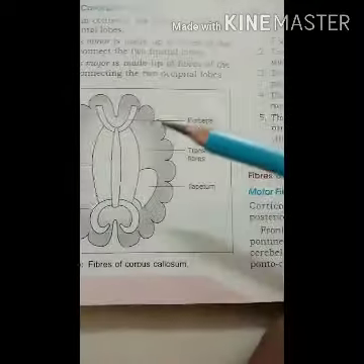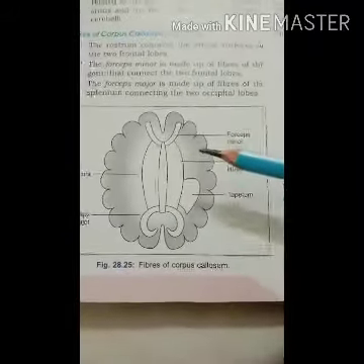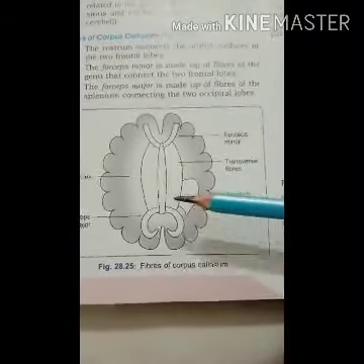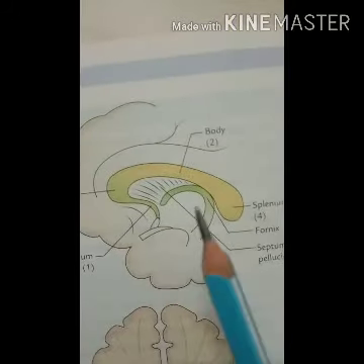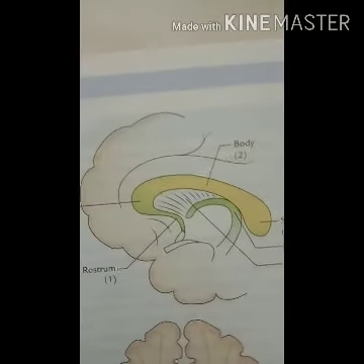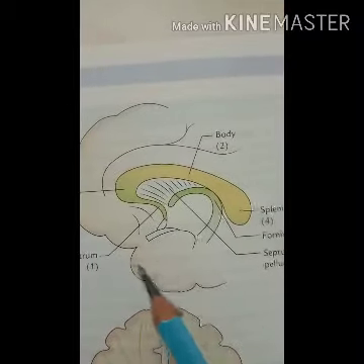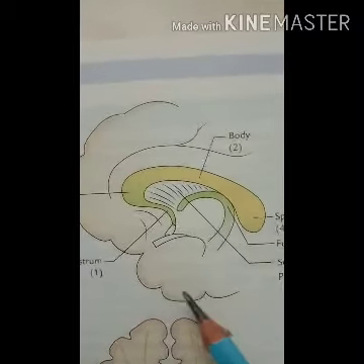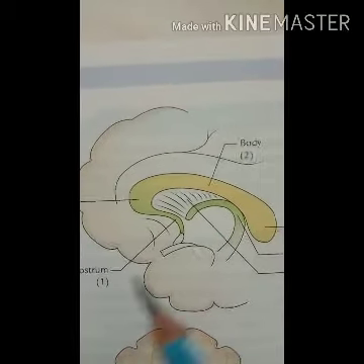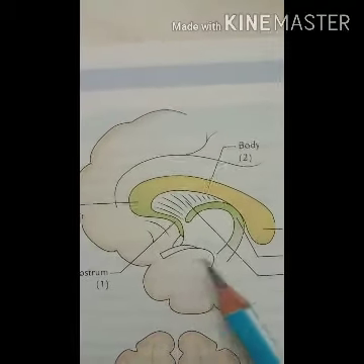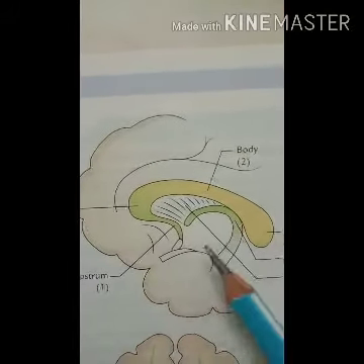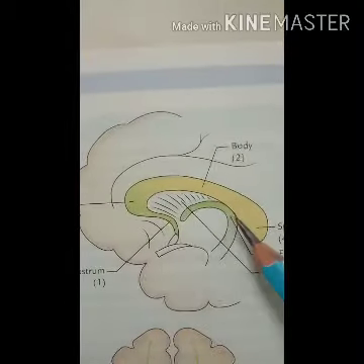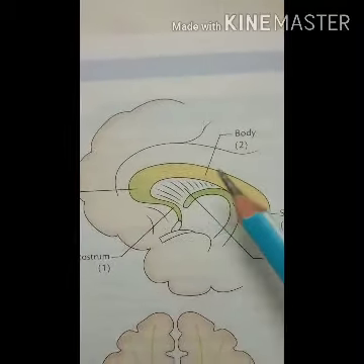Then the functions of the corpus callosum. It coordinates the activities of the cerebral hemispheres. And the second function, performed by the different parts of the corpus callosum, is that it is largely responsible for the interhemispheric transfer of information, which is essential for bilateral responses and the learning process. So that is the second function performed by the corpus callosum.